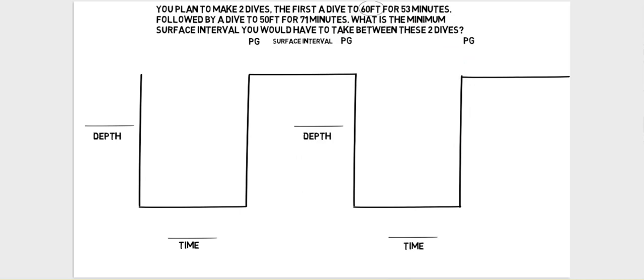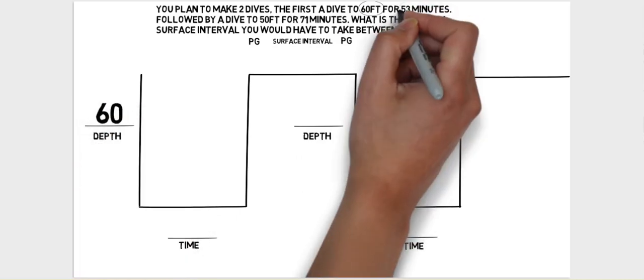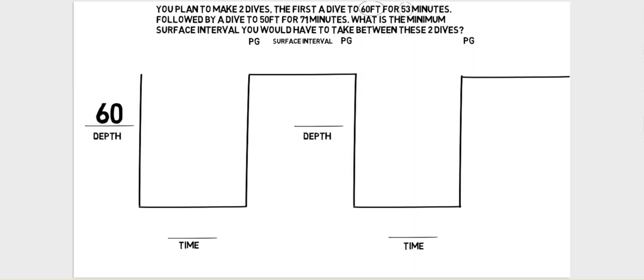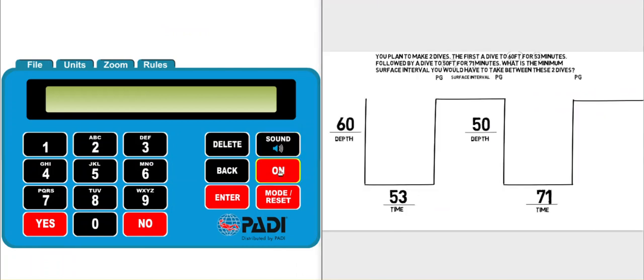We can now enter the numbers from the question. The depth of the first dive is 60 feet, and the time we are planning on spending there, 53 minutes. We don't have the surface interval, that is the question, but we do have the depth of the second dive, which we can enter in, and we have the time of the second dive, which we can enter in. We now basically have all the information that the question supplies us with, so we can get out our eRDPml